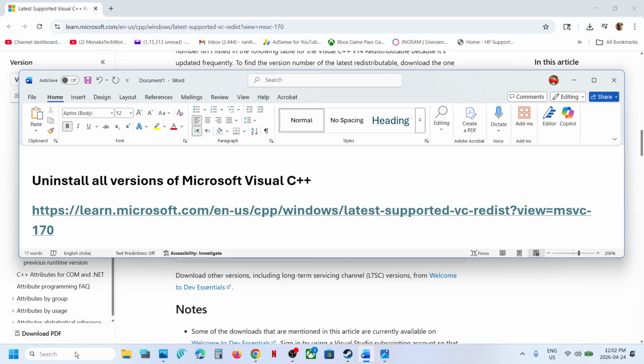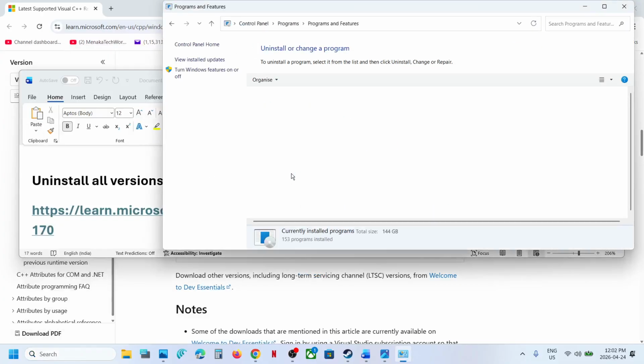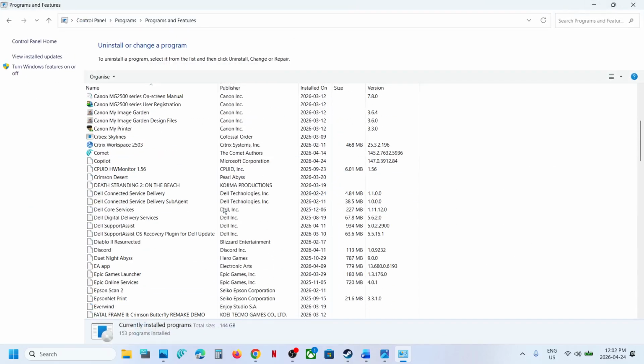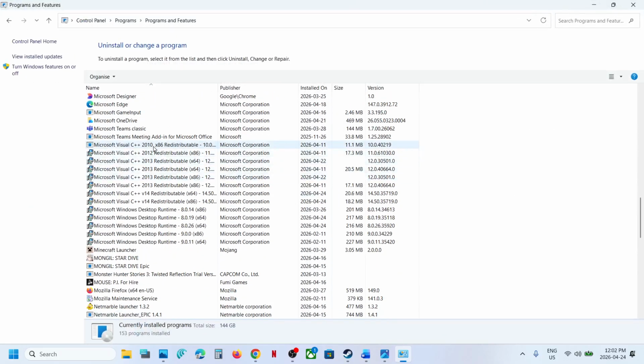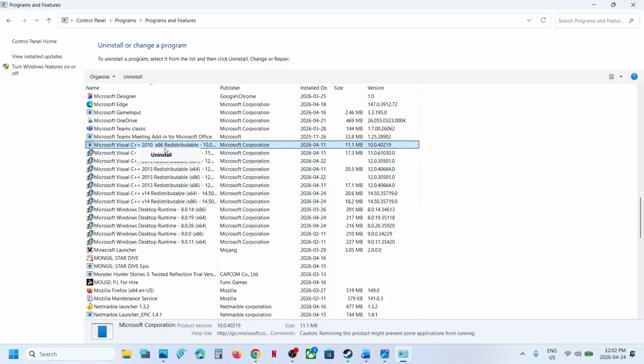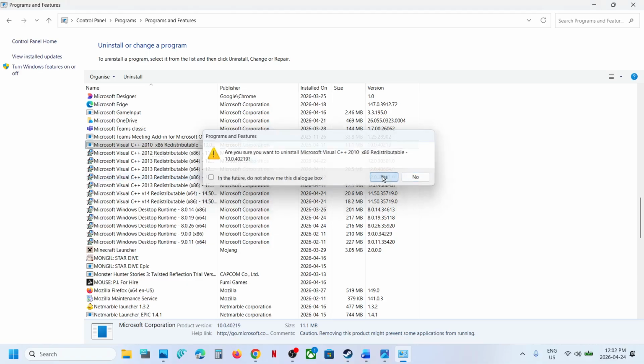Now for this, type in control panel in Windows search box, click on control panel, go to uninstall a program, and then find Microsoft Visual files. So here you can see from 2010 till here. Here you can see Visual C++ file. You can uninstall all the files. Make a right click, click on uninstall, click on yes,